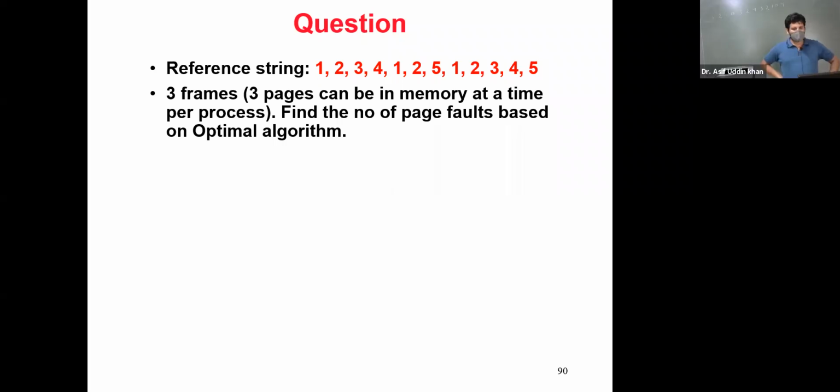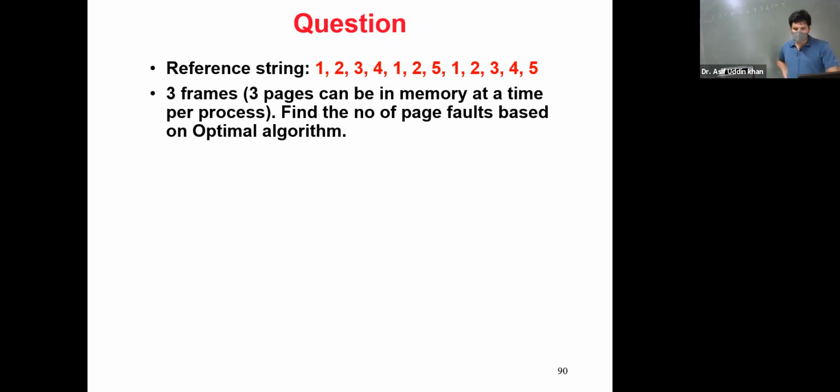In case of optimal, we are removing the page which is farthest away in the right hand side. In case of LRU, we are seeing which page is farthest away in the left hand side. Okay? This is the difference. In case of LRU, you see in the left hand side which is away. And in the case of optimal, you see in the right hand side which is away. And in case of FIFO, you see the oldest page which has come first. You remove that.